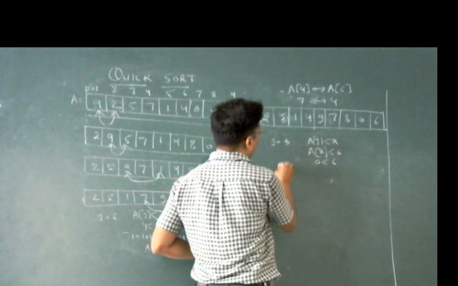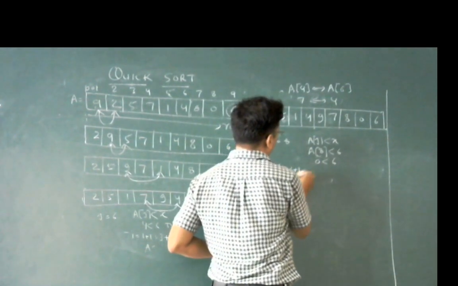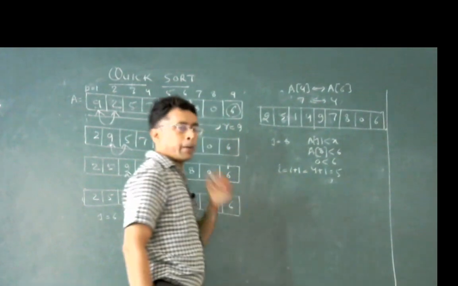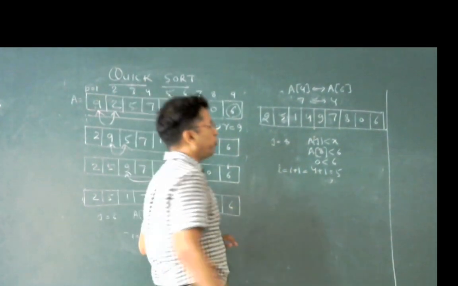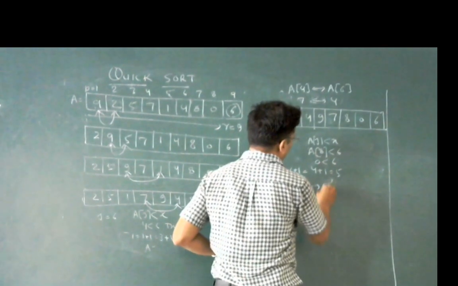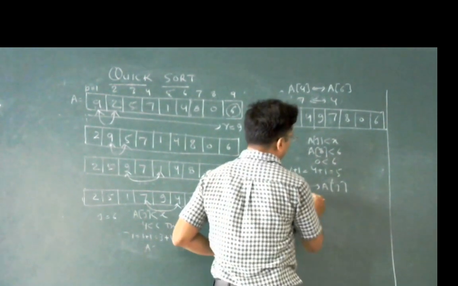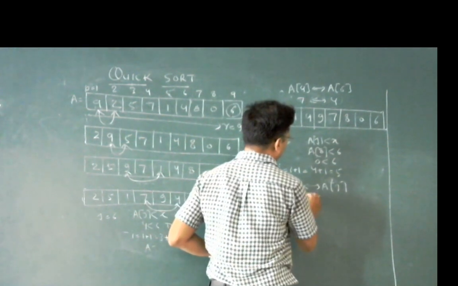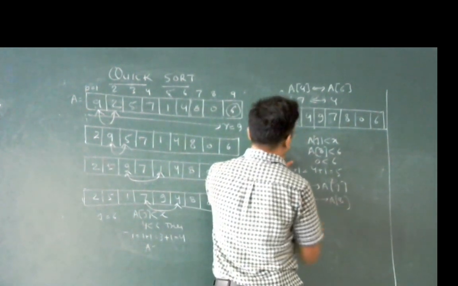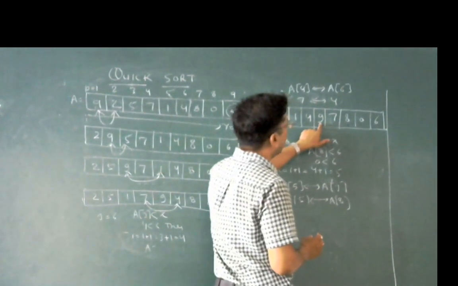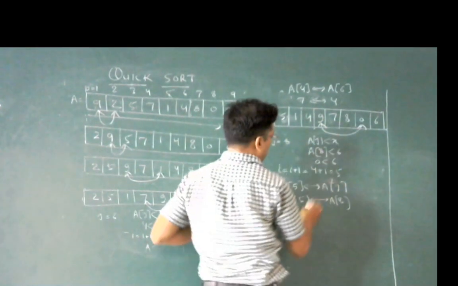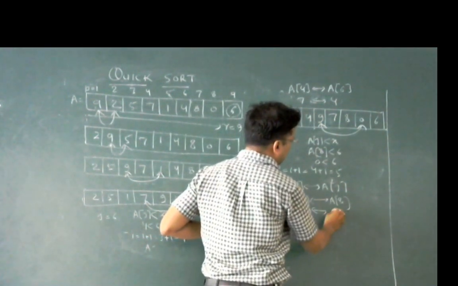In that situation i is equal to i plus 1 equals to 4 plus 1 equals to 5. So a5 will be swapped with aj. So a5 will be swapped with a8, since the j value here is 8. At the a5 position there is element 9, so 9 will be swapped with 0.